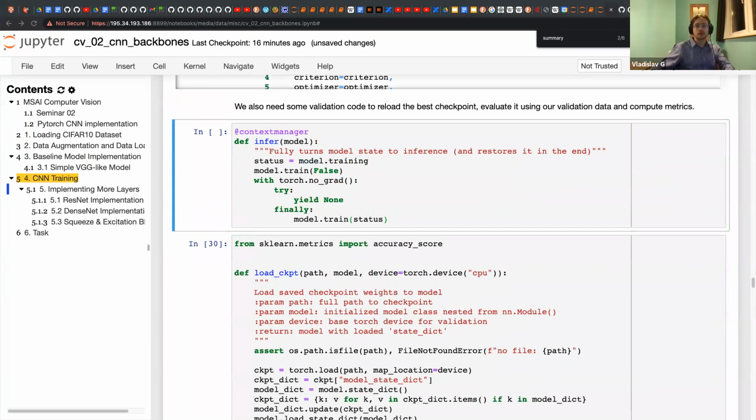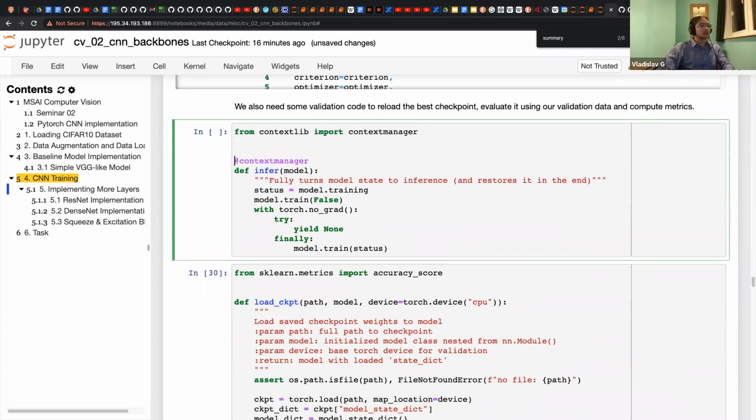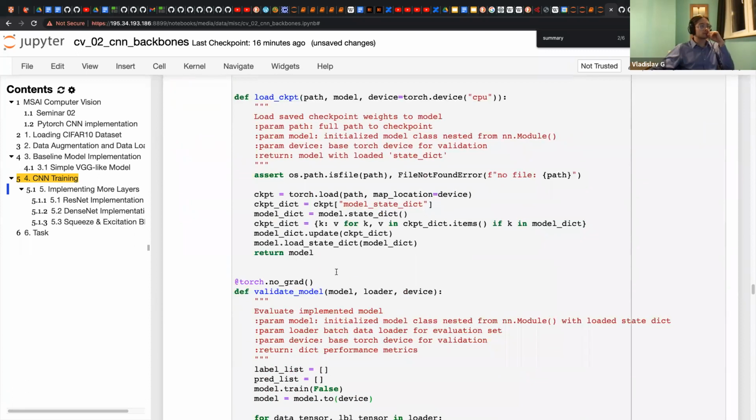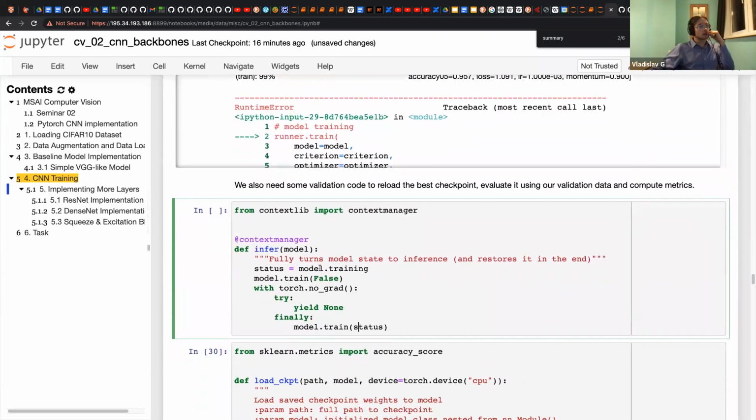So I guess you know what a context manager is. Yeah, sure. And this is how it looks. We define a context manager, and I usually call it infer. It takes a model and remembers the state, and then it goes to evaluation mode, and then with torch.no_grad we perform everything we want, and then we return the previous state. This is how it works. If you need it, take it, I will leave it here in the seminar and publish it.